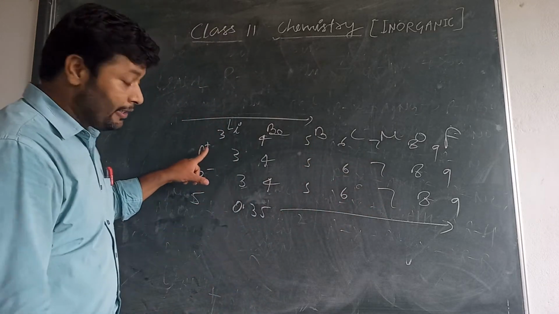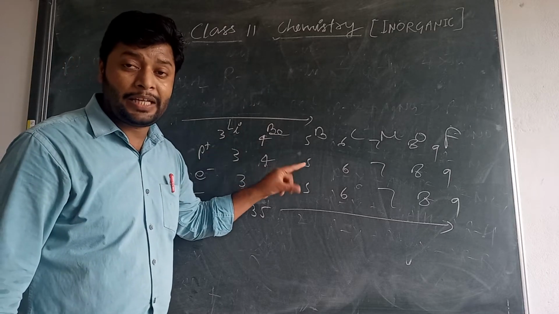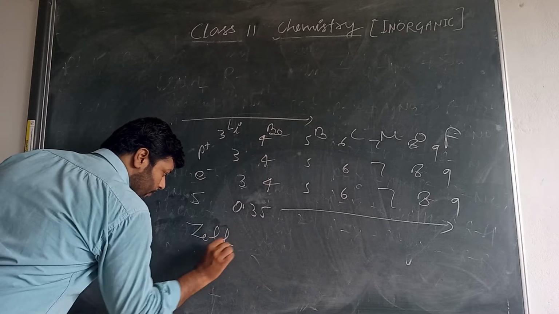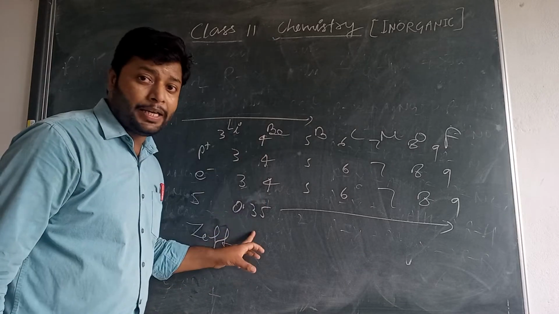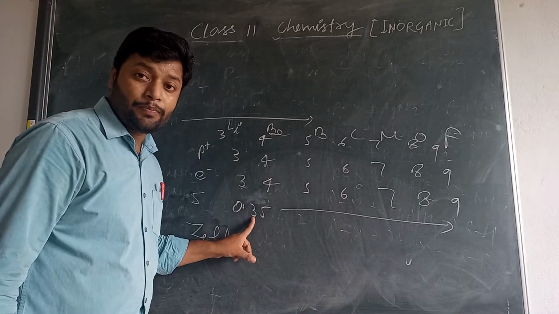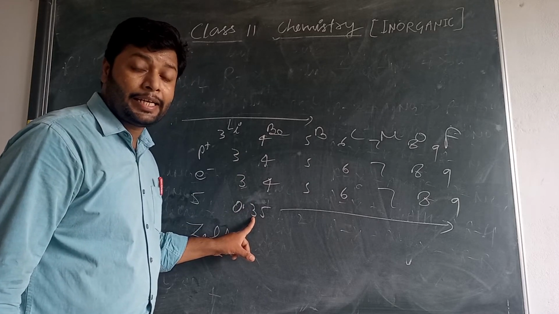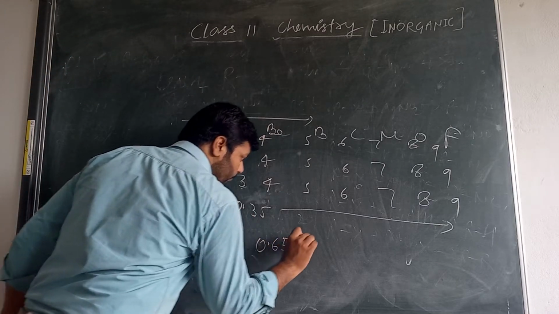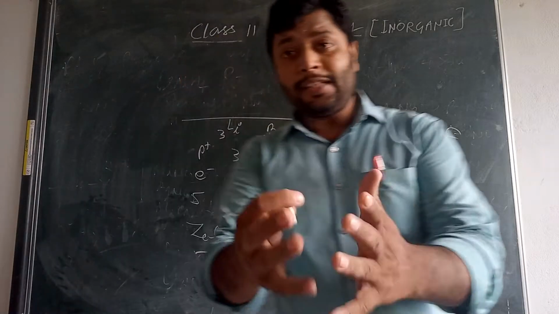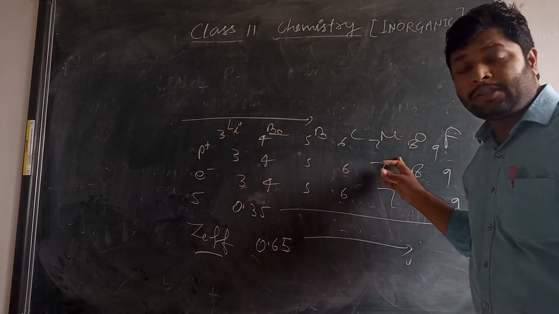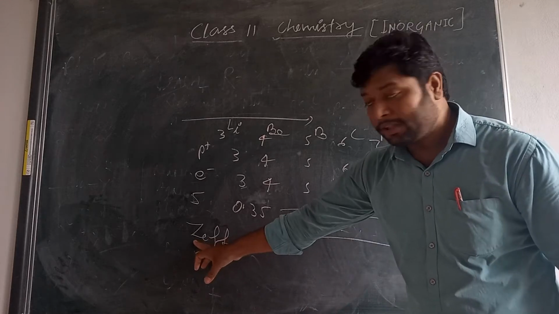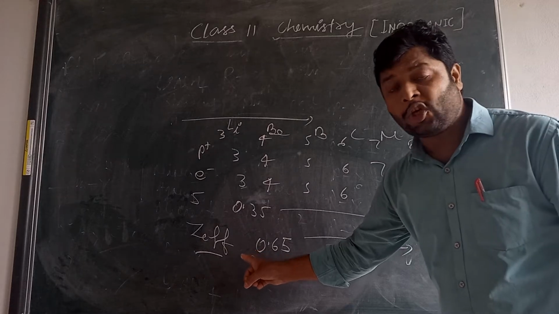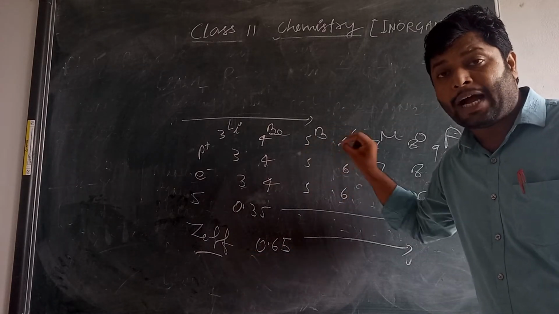But you can see the number of protons increases by 1. And that is the reason the effective nuclear charge along the period increases by 1 minus 0.35, which is 0.65. Students, that is the reason size decreases along the period, because the charge of the proton effectively increases by 0.65 in each atom.